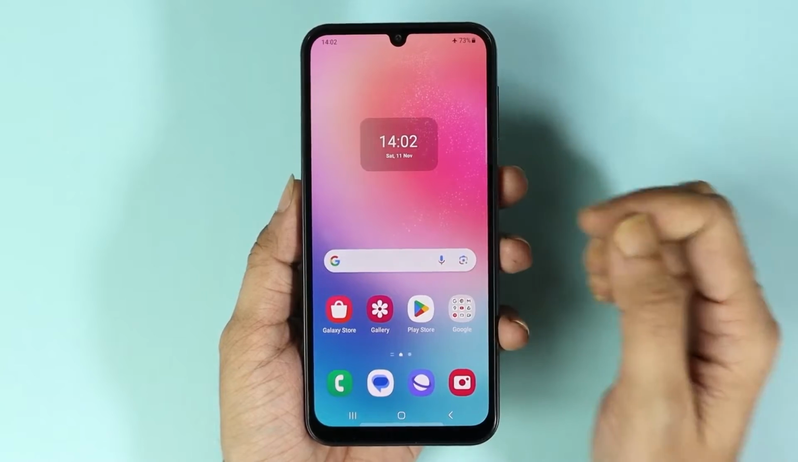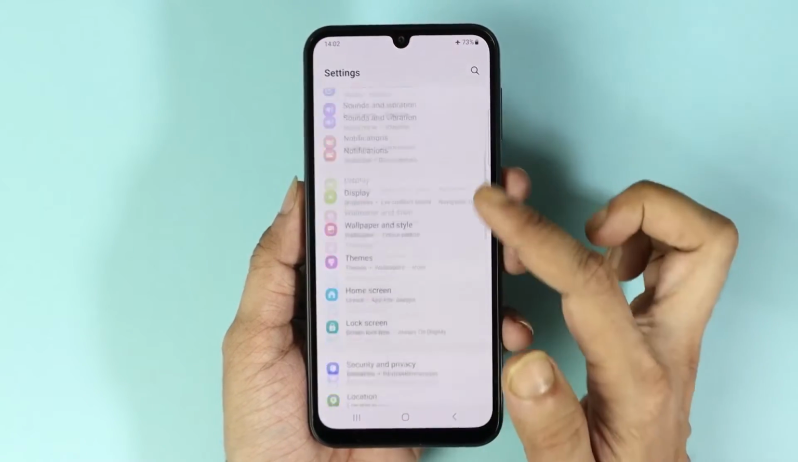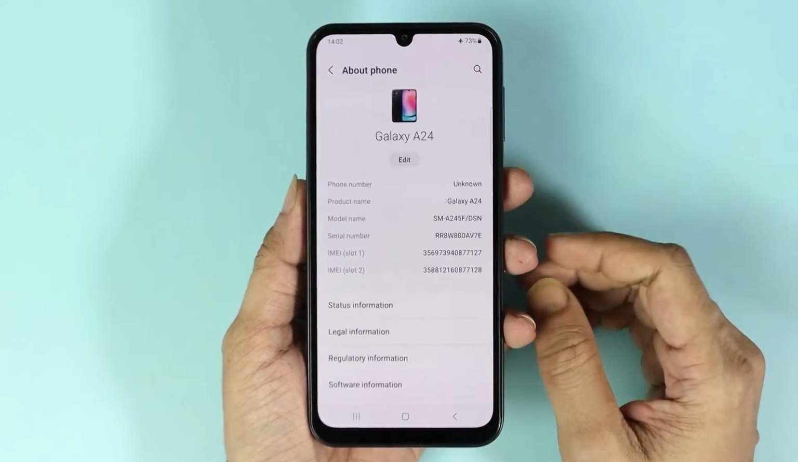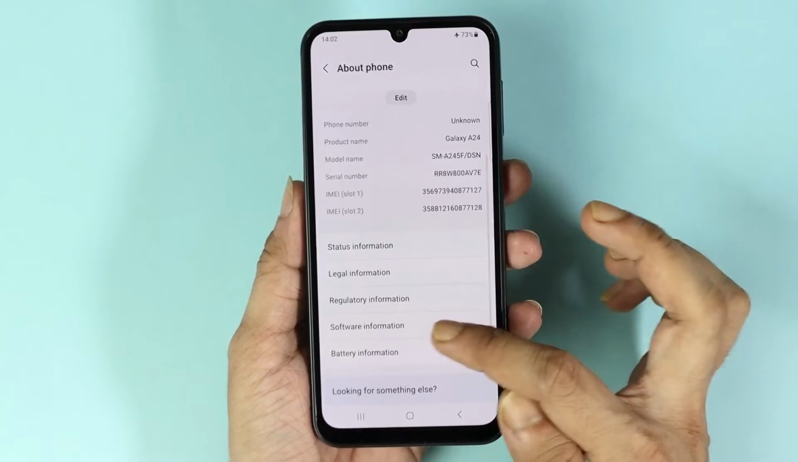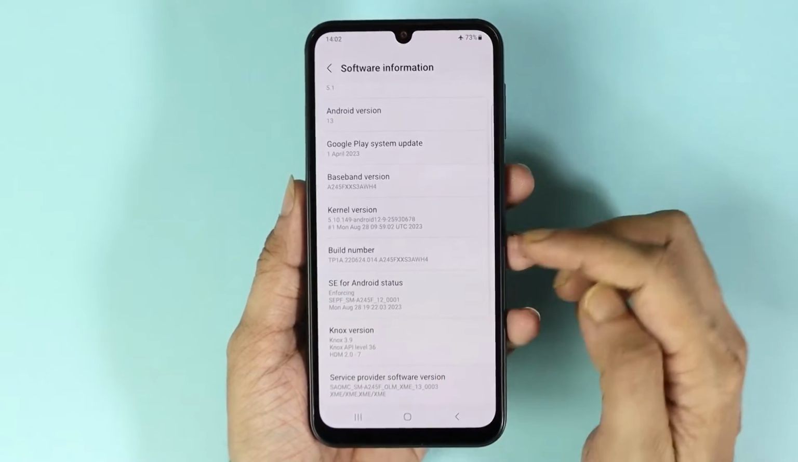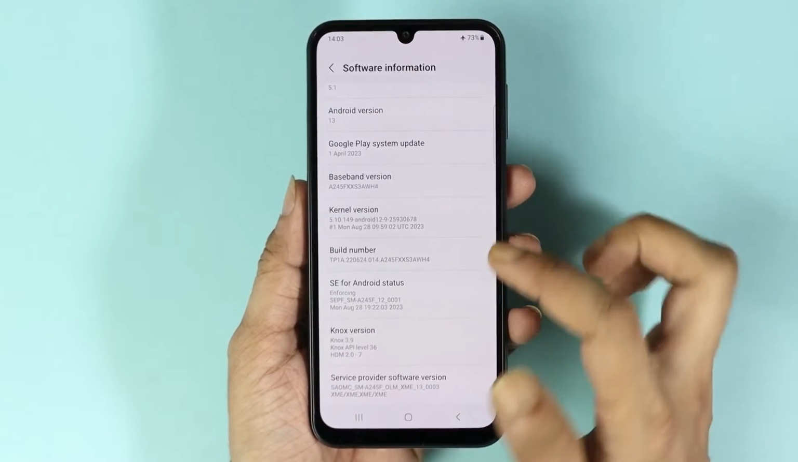Now the first thing you have to do is go to your settings app. Now from here scroll all the way down and then tap on about phone. Now in here tap on software information and then you need to find the build number. Here you can see build number, and once you find it, all you have to do is tap on it